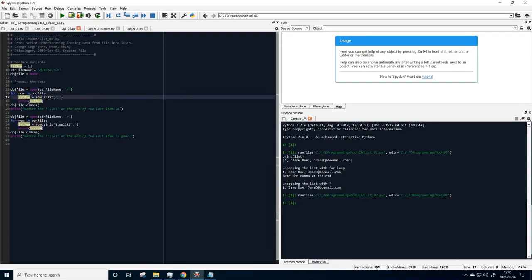Then we are transferring it with this row dot split, splitting it on the comma. We are creating out of the string that we're getting there a list, and we are using in the string the comma to separate this long string into the individual elements or items that we want to save in the list. Then I have a print list to print in here. We are closing the file,